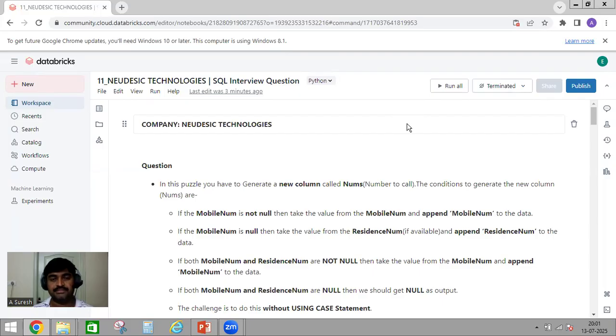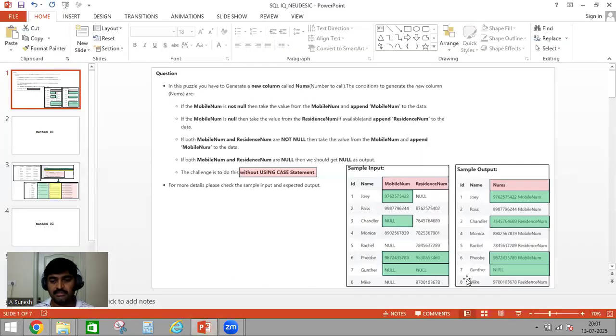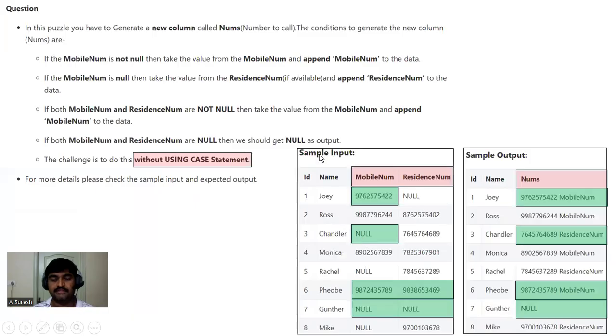Today our topic is one of the interview questions on SQL Server. This interview question was asked in a company called NEUDESIC Technologies. So the question is like, they have given one table. If I see here, they have given sample input as this one and sample output as this one. And what the requirement is,